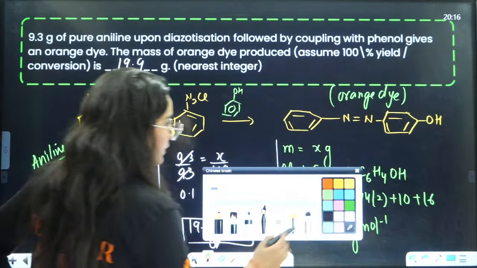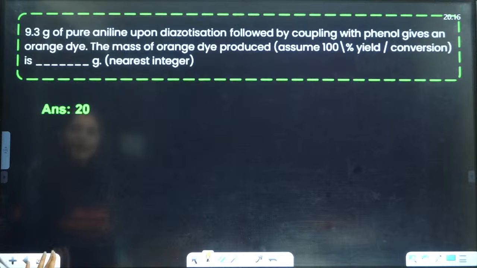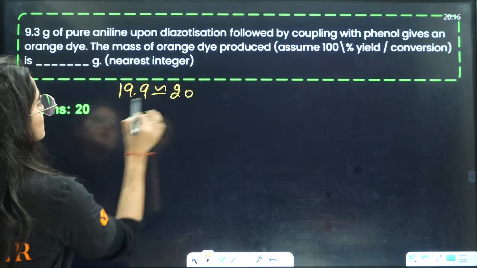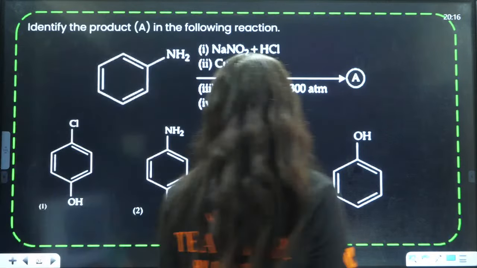Okay, everybody. Yes, shall we move ahead? 19.9 is approximately 20. So the answer is 20, as they have written here. Right? So the next question is